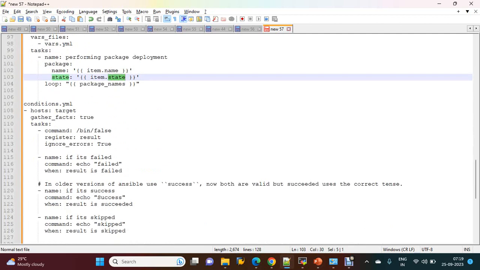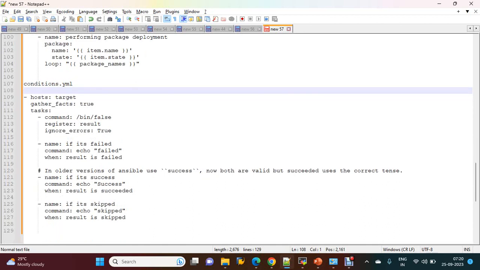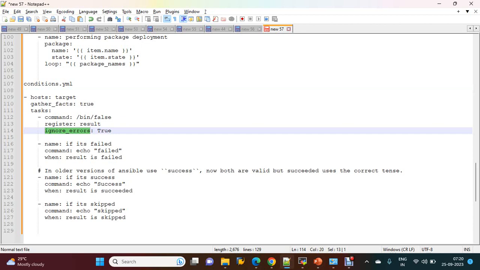Now another example with conditions. In the playbook, how to use the conditions. This is another example, the sample example. In my list of tasks, I am executing one command on my target machine, bin bash. Anyway, this will fail. I am storing this output into the variable result, and I am mentioning ignore errors true, which means